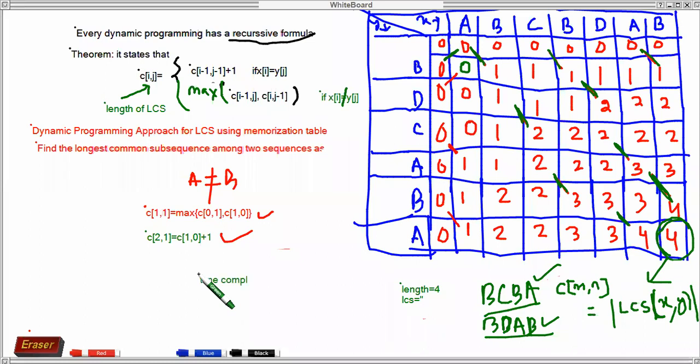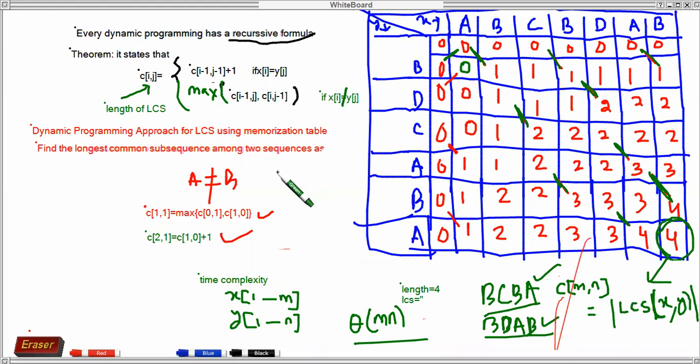If you go for the time complexity, very simple time complexities. You see there is the x, x of how much? 1 to m. Similarly, it will be y, so it is 1 to n. So that implies how much? It is m into n. This will be theta of mn. This is m times, this is n times. The complexity will be theta of mn, the time complexity of this dynamic programming approach for LCS. Okay. So what we are discussing, this is all about your